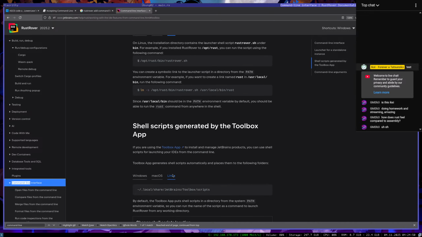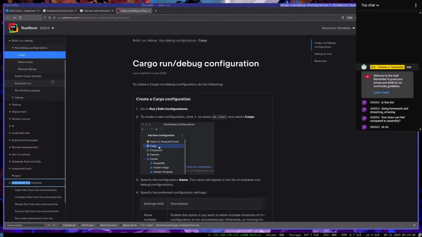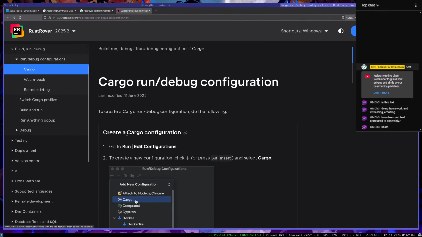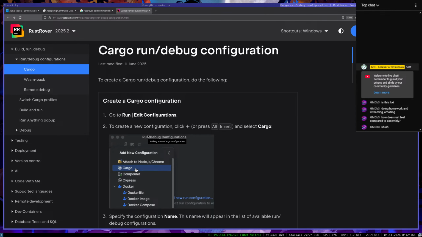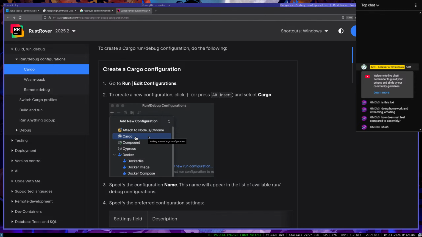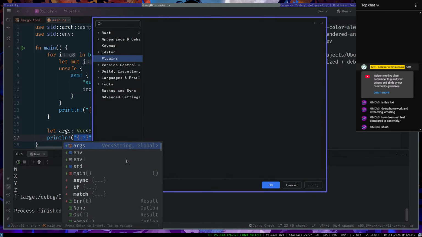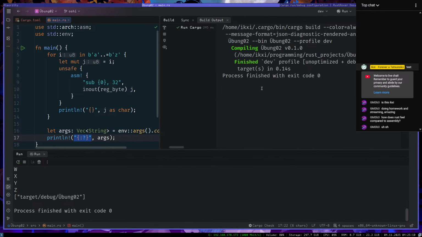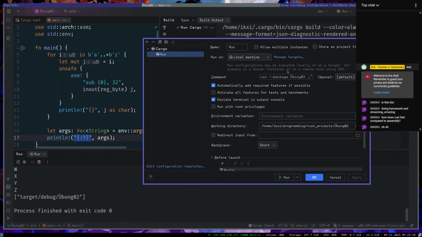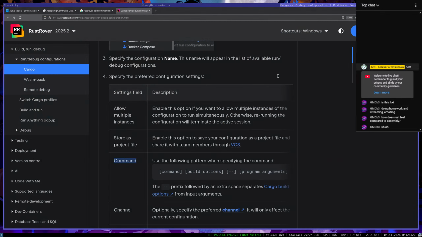But then no, that's not it. God, that's always so small. Specific configuration name, element of instances, project command. Command, okay.